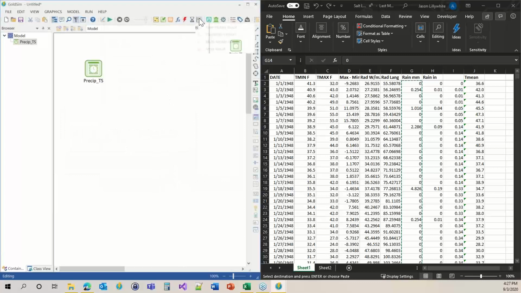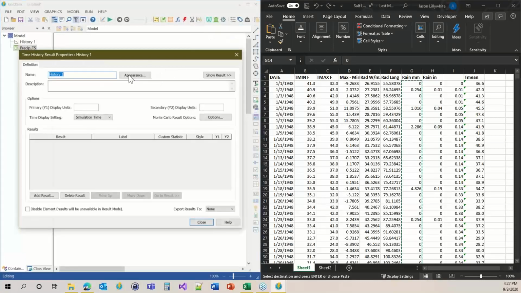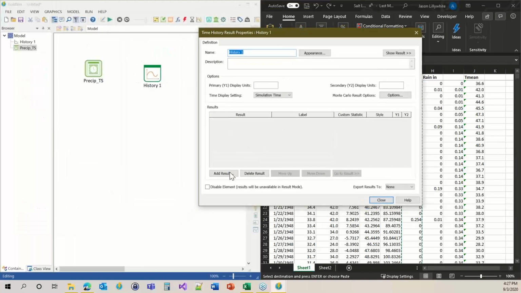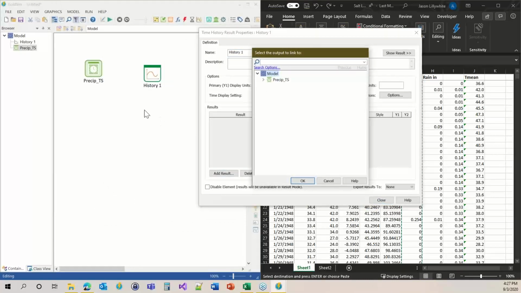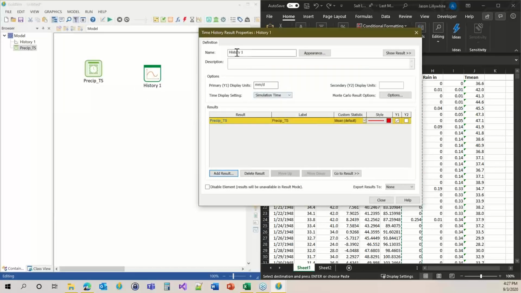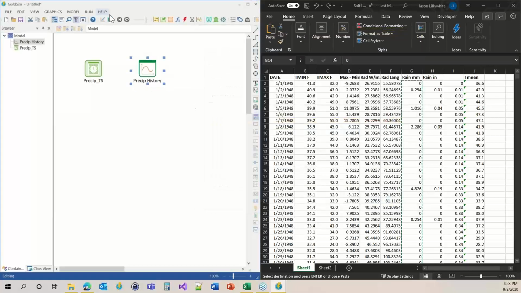and then it gives you a warning that says, hey, you're not going to see any results unless you put a time history result in here. This is the only way to see time history results in a Monte Carlo simulation, is if you add the actual result here. So I'm going to add a permanent chart, and I'll call it precip history, just so we have something. Okay, and then there's the value. Now when we do a run,